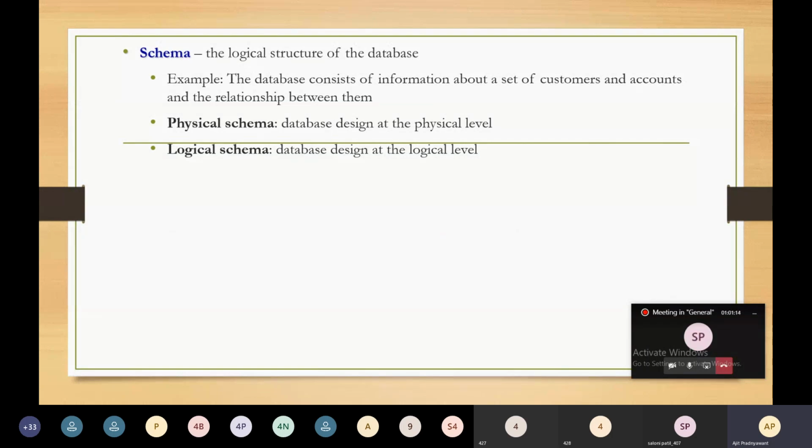This logical schema works at the logical level, and we are going to work at the logical level and view level. We are not going to work at the physical level because it is already decided how that data is stored, what the different data structures are, and what the different algorithms and techniques used to store the database are. We are not going to work on it. We are only going to work on the logical level and view level.